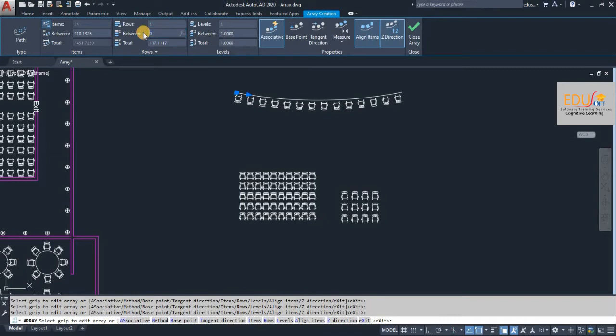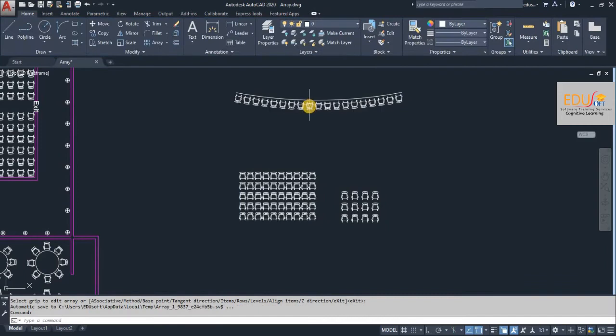So let us make it 80. Chairs will be a little closer. Sorry, here we need to change it to 60. The chairs will be closer. If you make it 80, this is fine.